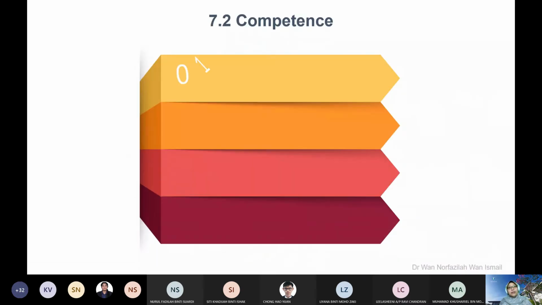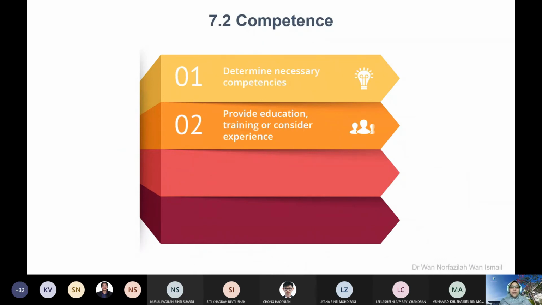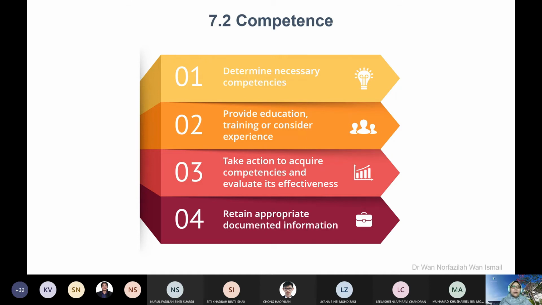Bukan senang ya nak dapat ISO 9001 certificate. So if the company is certified, we can say that they are fulfilling all the requirements, especially on the resources. Okay, kalau one of the company in Gabank, saya pernah collaborate lah dengan company ni.